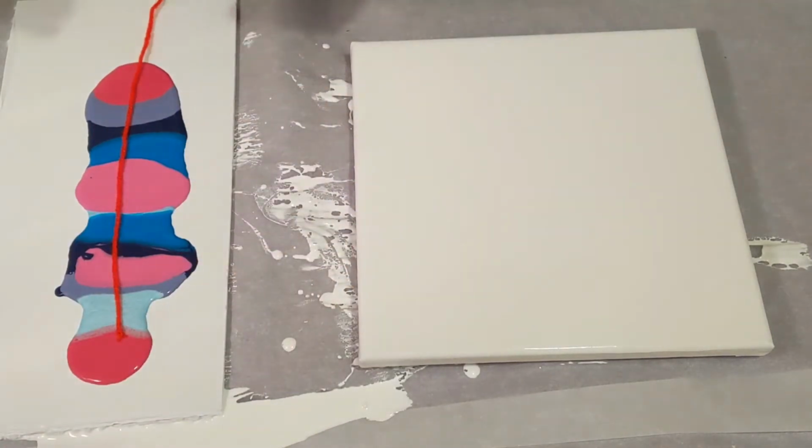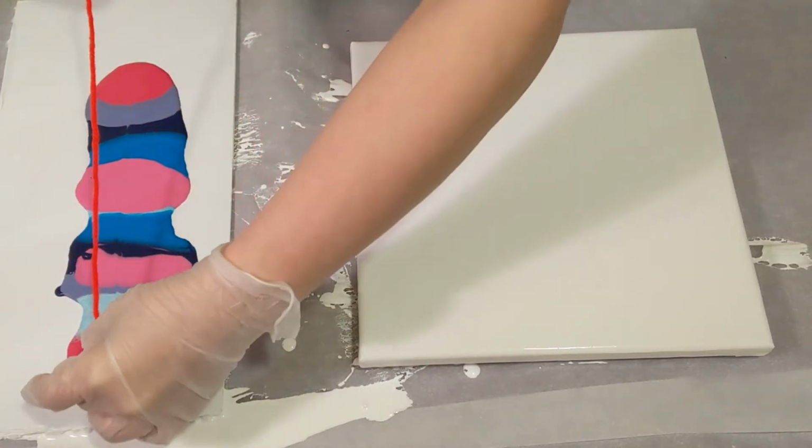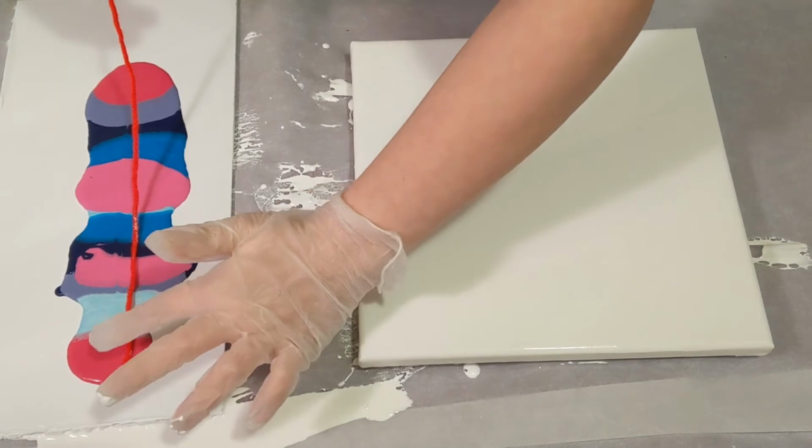Oh man. Okay, hold on. I'm just going to lift this up and get a new string because I want that pink in the top. One second. This string's way too long. Let me cut it real quick. Okay. It's back in business. So I'm just going to lay this down here